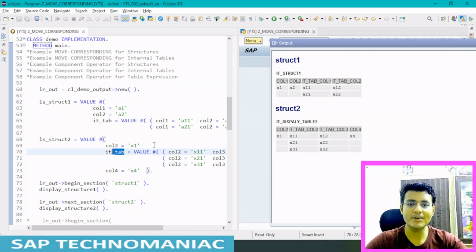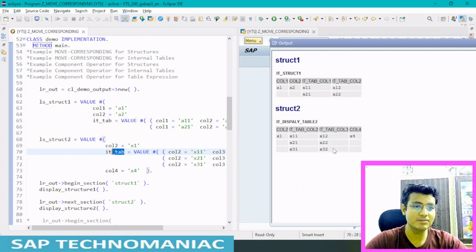For example, if we have column 1 and column 2 here, and here we have column 3 and column 4, there is no identical column, so why would we have to change this table itself? But in this case we have an identical column, so it will clear this entire table, means it will delete everything from here, then these columns will be filled here.